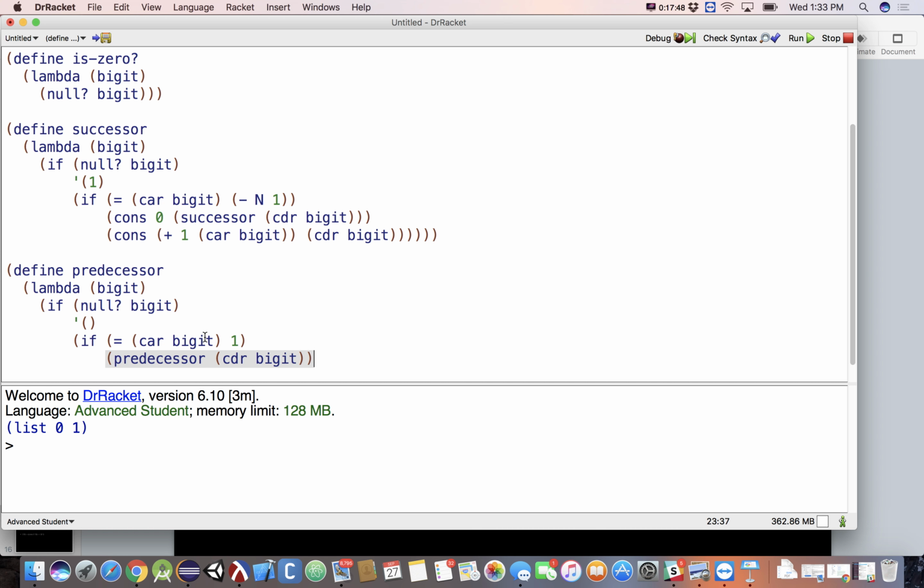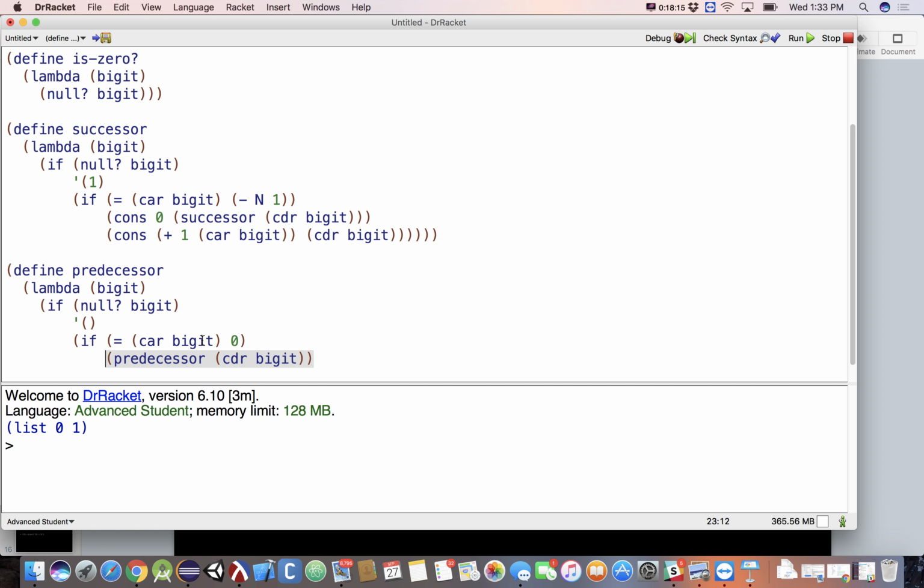So if it's a 1, make it a 0, and we're done. So really, you want to ask if it's a 0. Then if it was like 0, 13, then it would become 0, 12. No, it would become 15, 12. So if it's a 0,